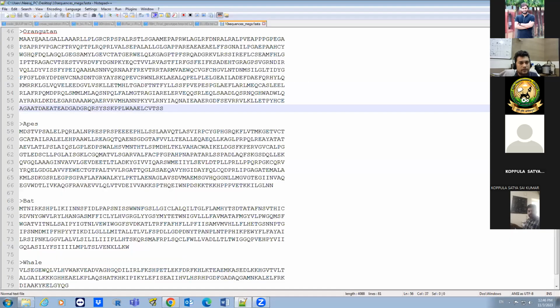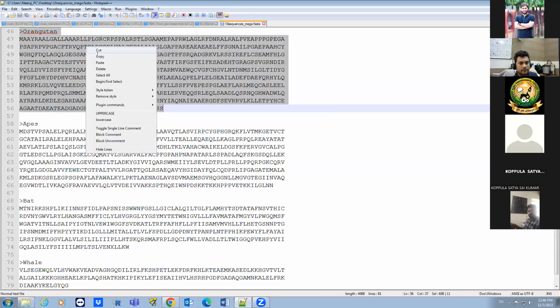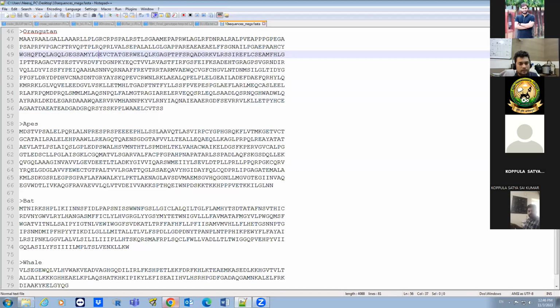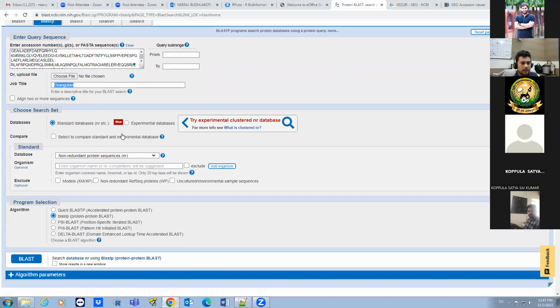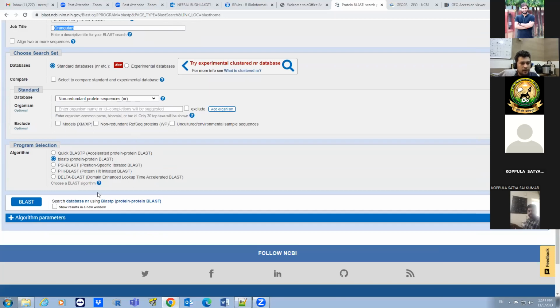Suppose I am using one example sequence. Then it will search against a certain database, NR database, BLASTP.